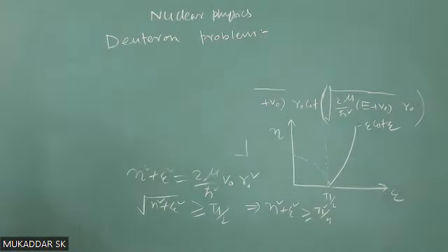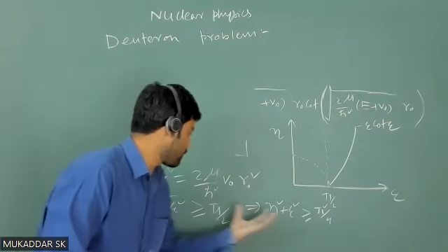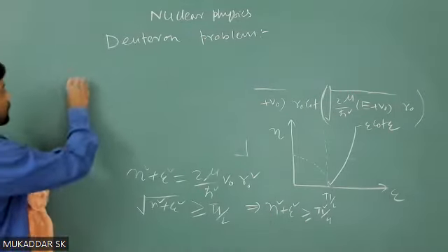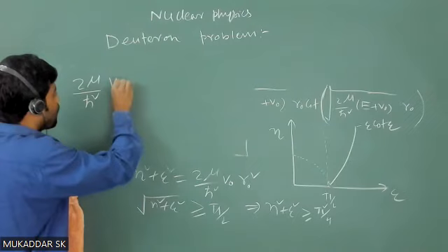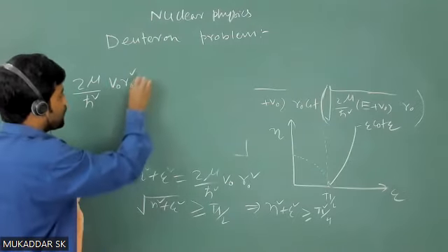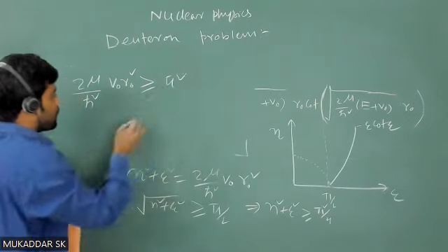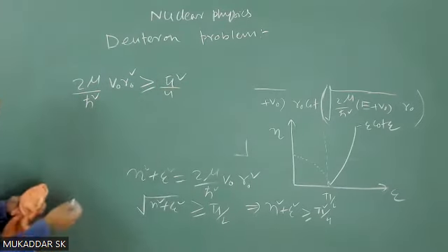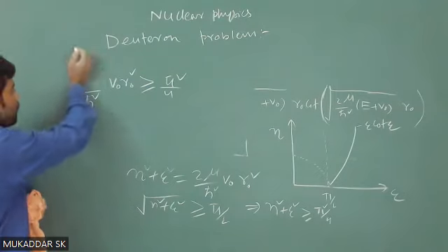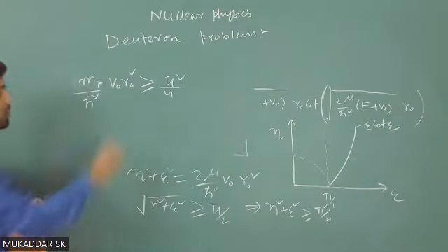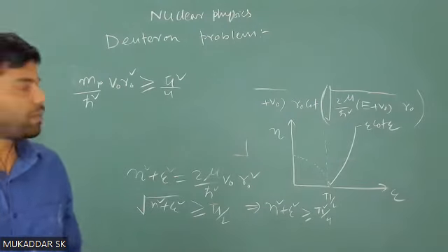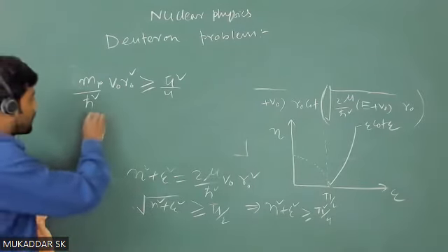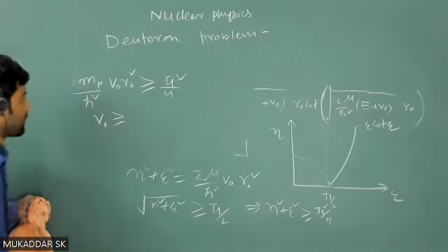Now if you substitute that value of eta square plus epsilon square that we have calculated, you will have twice mu by h cross square, and then v naught r naught square, that should be greater than or equal to pi square by 4. And the value of mu is mp by 2, so it means 2 mu is nothing but the mass of a proton, because you calculated mu as mp by 2. It means v naught should be greater than or equal to